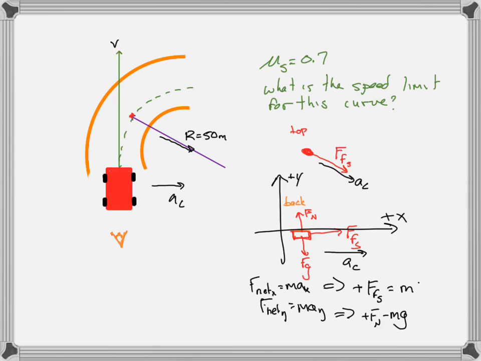In the x direction, it's centripetal acceleration, so it's v squared over r. In the y direction, it's the mass of the car, and it's not accelerating perpendicular to the road. It's not moving up or down. g comes in through the weight of the car, but it's not accelerating. It's not in free fall. It's not in projectile motion. Okay, so we can take those two equations,